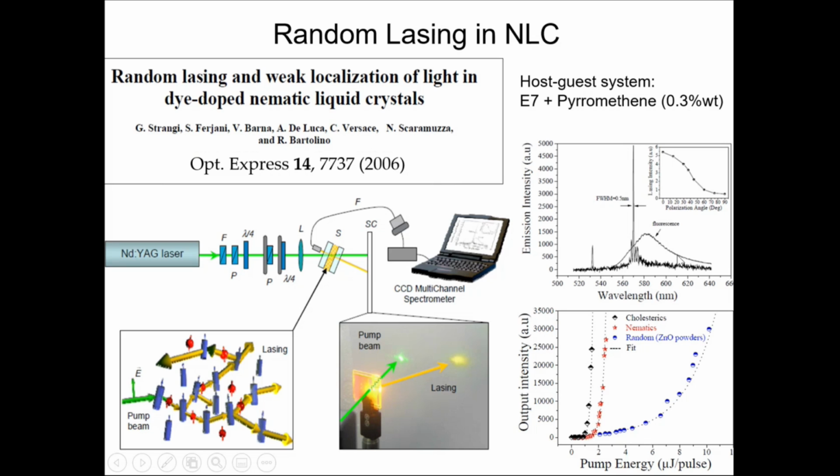So going from standard fluorescence below threshold to lasing above threshold with a very narrow laser line, very sharp intensity,